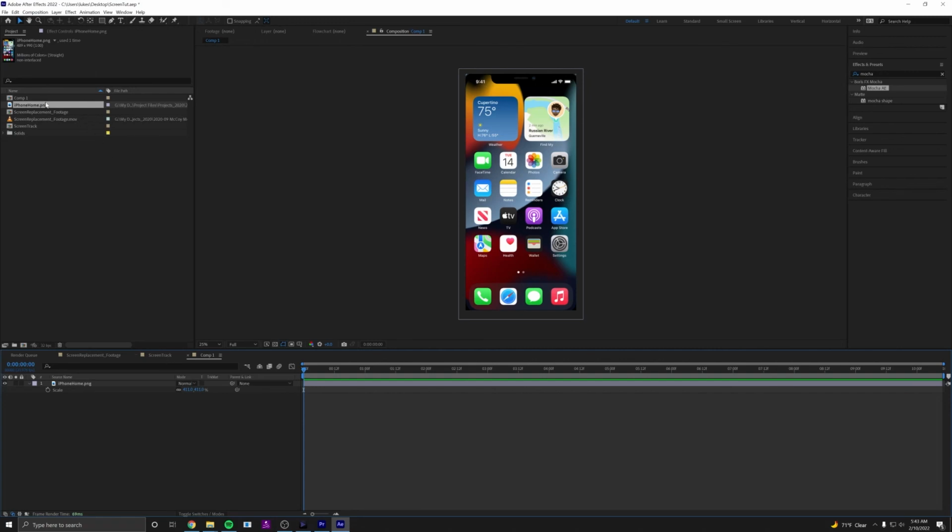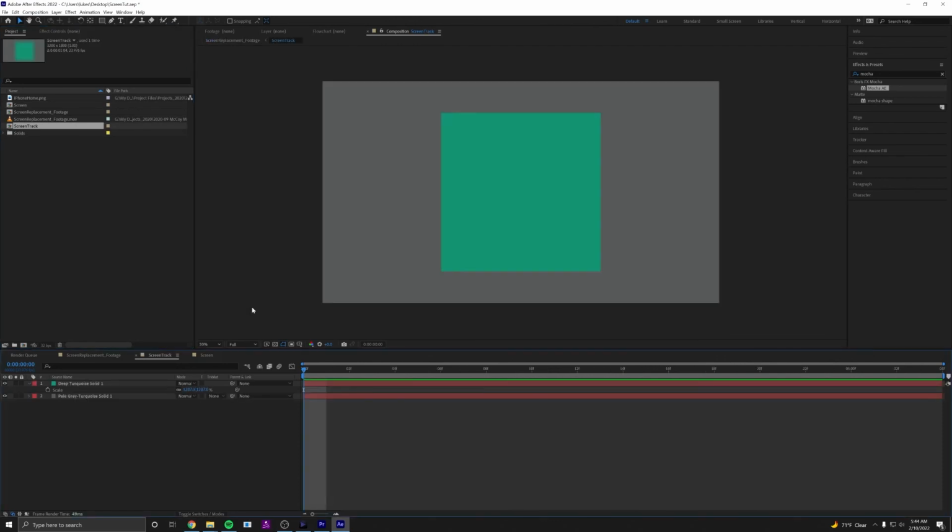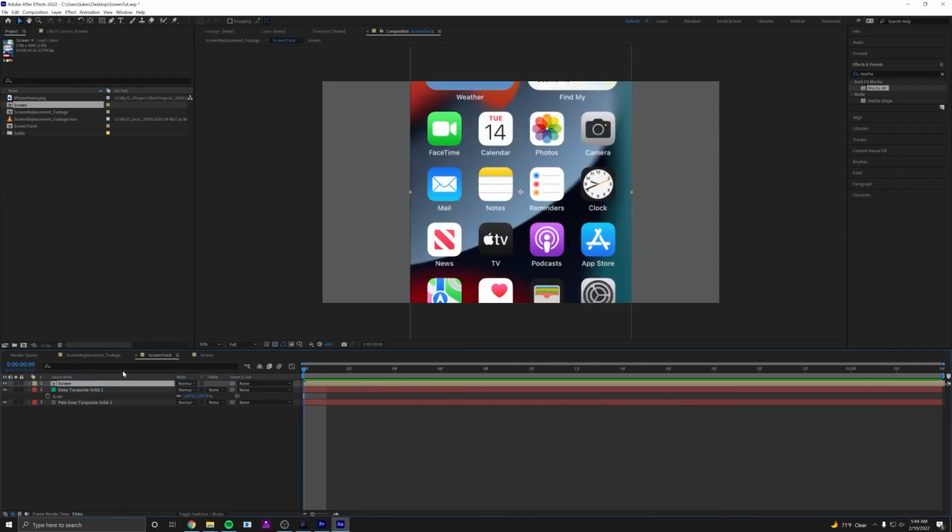So let me just name this composition Screen, and I just hit enter to rename. So I'll go into my screen track composition, and this is where our gray solid is. This is where we want to bring our screen graphic in. So select your screen layer you just made and drag that in. And so you'll see this is now in there, but